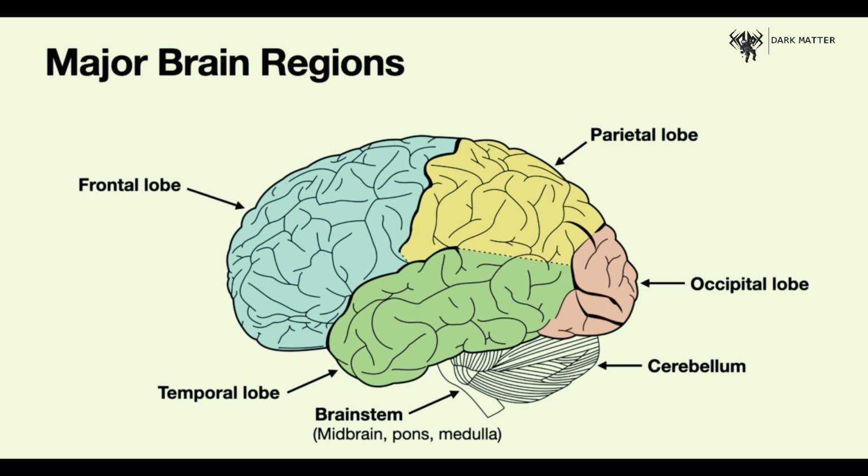Now there's also the brain stem, which is really what we refer to as the primitive part of the brain because it is present in lower species and is responsible for very basic or primitive functions. Now, from top to bottom, the brain stem consists of the midbrain, the pons, and the medulla. Now, attached to the back of the brain stem is the cerebellum, and this is a compact structure with really